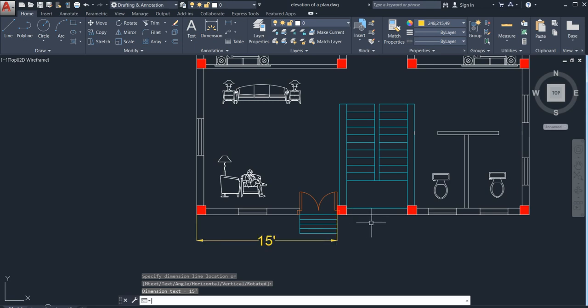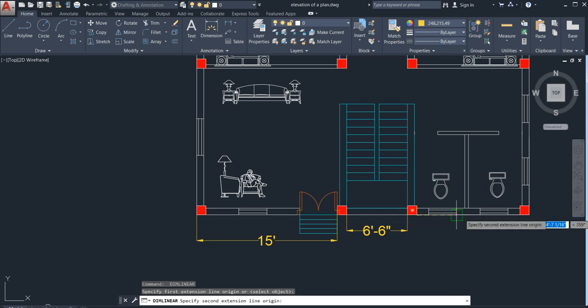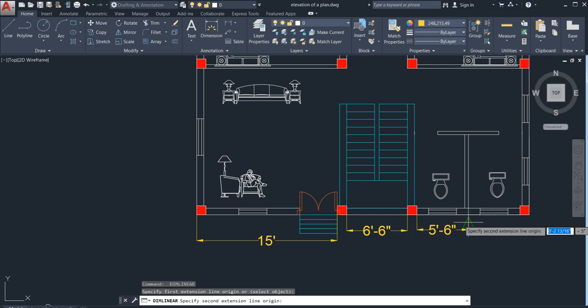This is 15. This is 6 feet 6 inches. This will be your washroom, right? This will really help you.